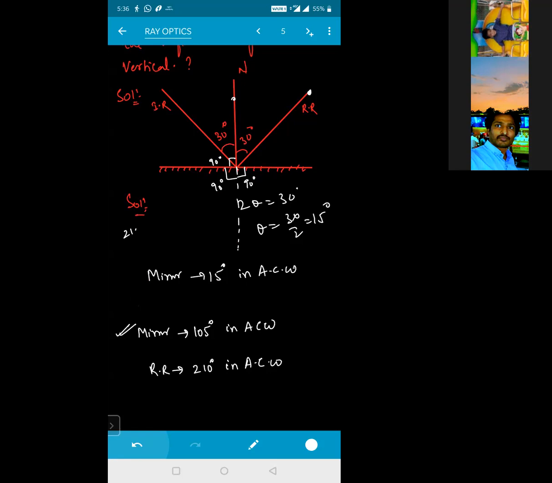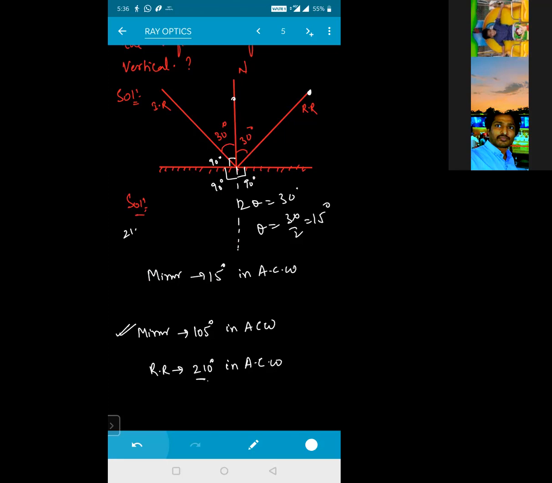The ray should be rotated by how much? 210 degrees. Yes sir, 210 degrees. Even if the ray is rotated by 210 degrees, it is coming to the vertical again. Vertical, yes. Because from here you are rotating. This angle is already 60. This angle is how much right now? 330. Sorry, 30, sorry. 30, yes sir. So, got the idea?